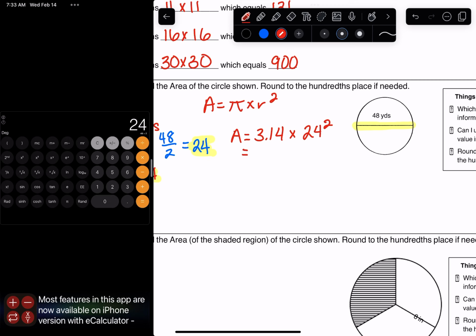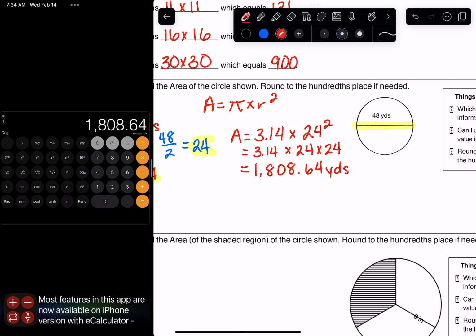What I want to do first is get rid of that exponent. So 3.14 can stay the same, times 24 times 24. I just expanded it. Now in the calculator, I'm going to put all three of those numbers: 3.14 times 24 times 24. That is 1,808.64